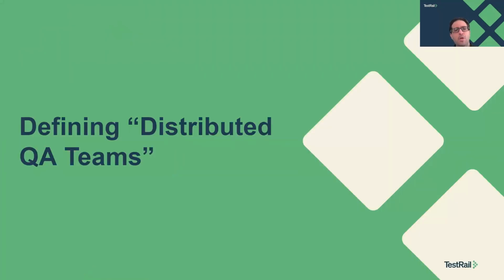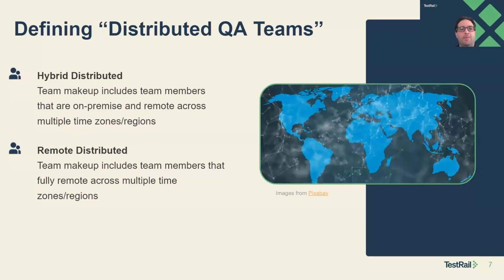We'll first start off and talk about defining distributed QA teams. This really isn't an industry term. I think people kind of know what it is, but I'd like to talk about it because it's going to dovetail into some of the challenges and communication and a couple of different nuances. So I've broken this down in a couple of different ways. Again, this is my own take on it. I don't know if this is an industry standard thing, but this is the way I view it based on teams and models that I've worked in.